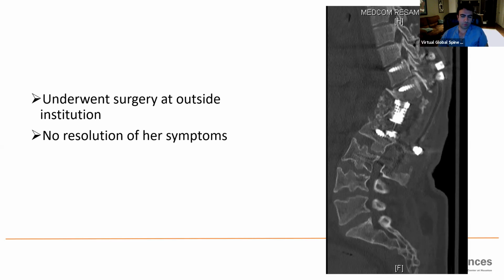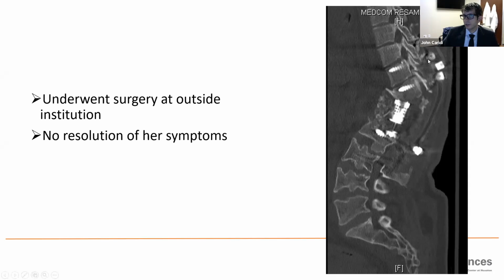So she basically has PJF above the top of this construct, with a severe kyphotic deformity above that expandable titanium cage, and it looks like she's pitching forward over that. And it looks like maybe she's pulled out some of her screws. I can't really tell from this. Actually, she is solidly fused here. It doesn't show up well here, but she has a solid bridge of bone anteriorly as well. Gotcha. So the issue wasn't that she fell over after the surgery. It's that this surgery didn't do anything. It didn't correct her deformity at all.